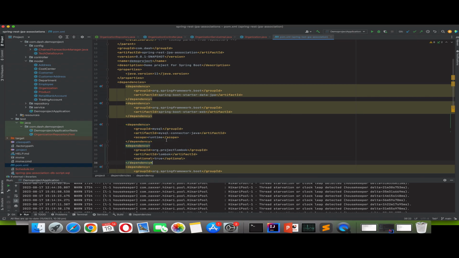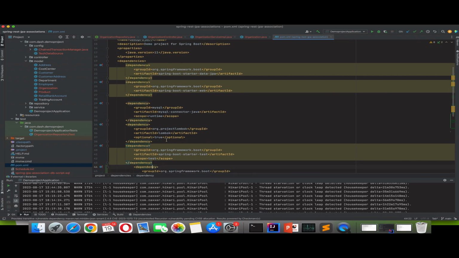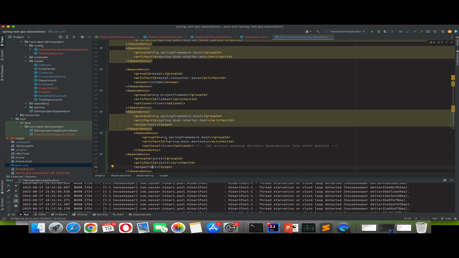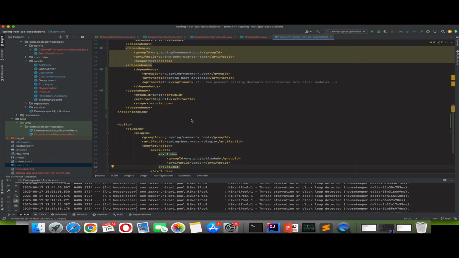Then I have got Lombok because I don't want to write boilerplate code of getter and setter. Then I have got a test dependency. Later I will be writing test cases of this also. That is the reason I have used this. That's pretty much it. For hot deployment, I have used Spring DevTools. Okay, now jumping to the organization class,